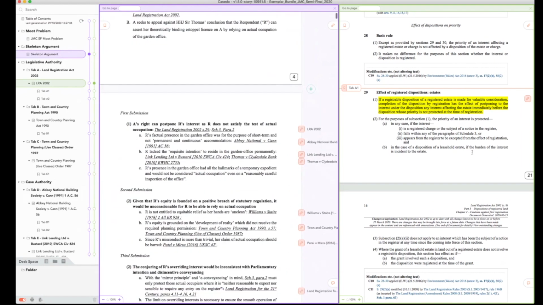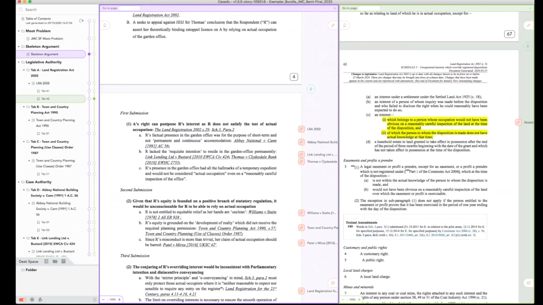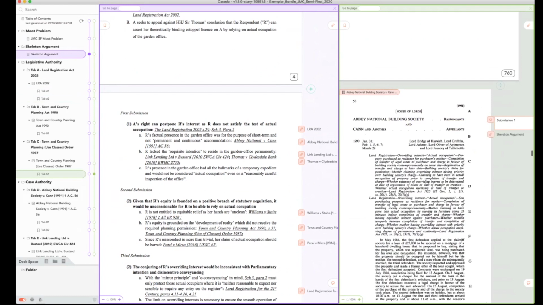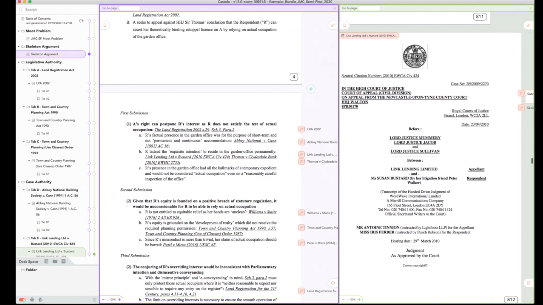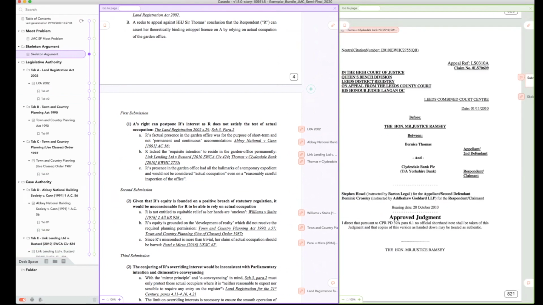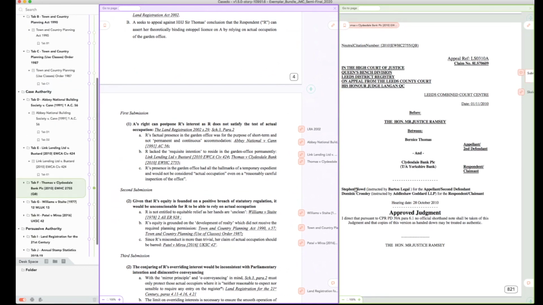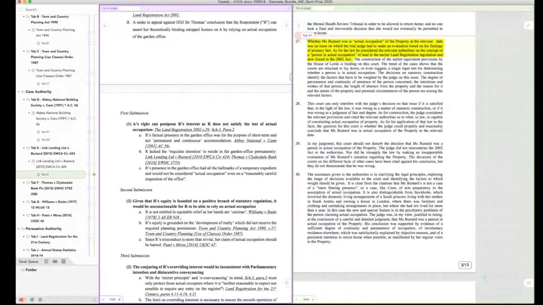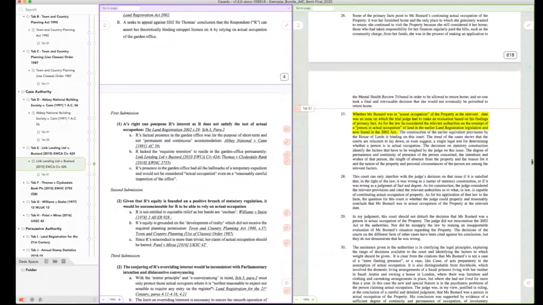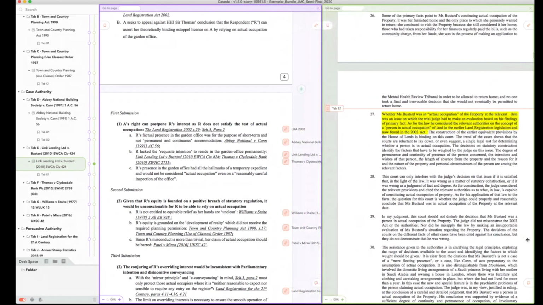My first submission starts with section 29, so there it is. Schedule 3, para 2. I then refer to IB National and CAN. There's the case. Link Lending. There's the case, etc. So you can easily take them to those cases. And equally, you can say, well, if you turn to tab E1, you can jump very easily to tab E1, whether or not you're using 1 or 2 buttons. So I hope that makes sense.